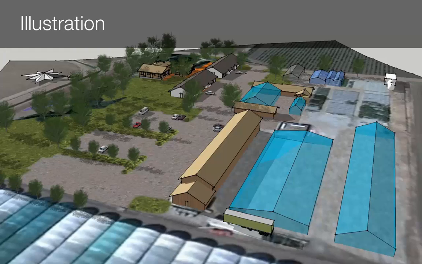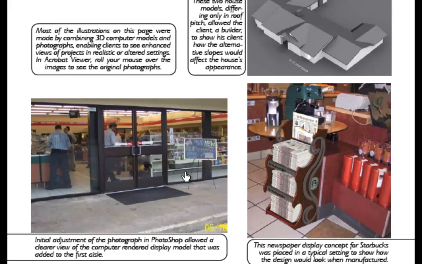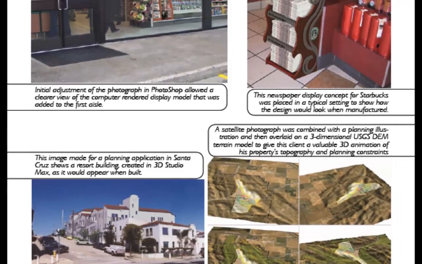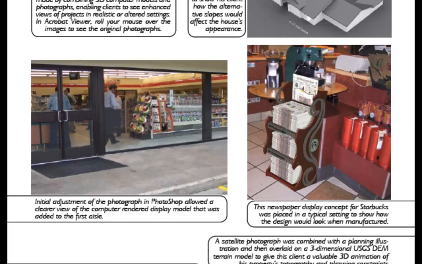We can start with illustration, and illustrations from three-dimensional computer models can be either cartoon style, they can be photorealistic, they can be colored according to the various elements, and in this particular example, which is a PDF file, they can also include rollovers, so that as the user or the presenter rolls over the image, a before and after shot is shown. PDF files are extremely versatile for email, but they can also be used successfully in a public